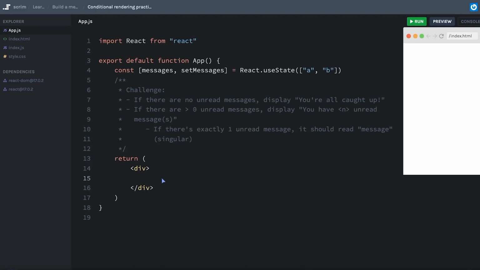There certainly is more than one way to accomplish this. For example, I could always render an H1 and then use a ternary inside for the text of that H1. For some reason, that doesn't sit quite right with me. I'm honestly not sure why, but I think the way that I would choose to do this is just to open my curly braces, look at the